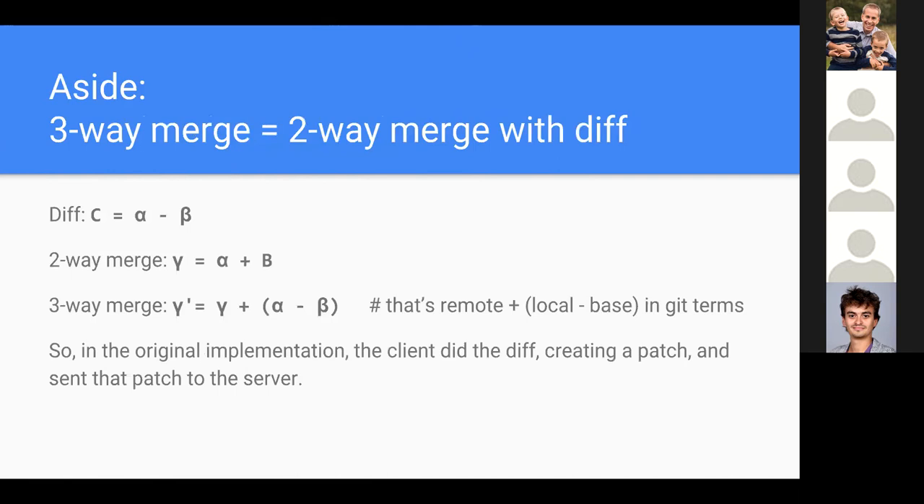So this is an aside to talk about an identity. If you read this document, it's rather mathematical. I think of diffing and merging in sort of algebraic terms. So this first equation, where you take two concrete objects and take the difference of them, you get a patch. A two-way merge adds a single concrete object with a patch, and gives you